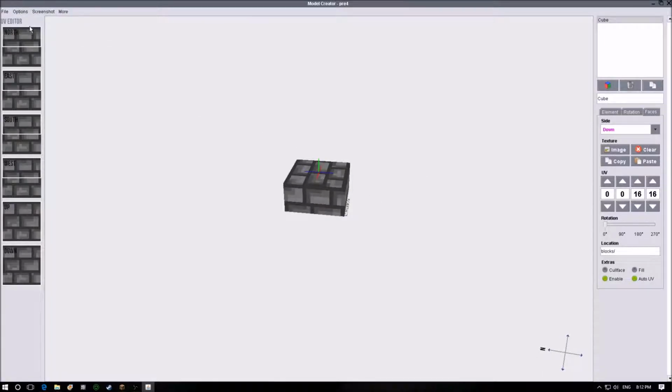So now we can actually adjust the textures over here. We're going to make it so that it's actually just the bottom half of this texture that it takes. There we go. So now that looks a lot better. Looks more like a slab than it did before. So now that we have this slab all made and ready to go, let's export it and take it